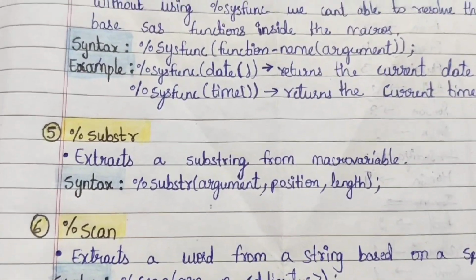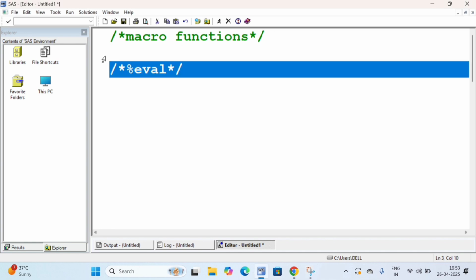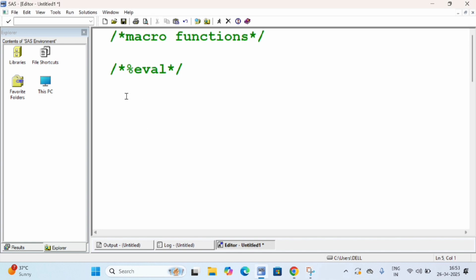First we will talk about the %EVAL function in macros. Here I am typing %LET x = 10; x is my macro variable name and I'm giving the value 10. This %LET statement is used to assign a value to a macro variable. So here x is my macro variable, 10 is the value. Then %LET y = 20;